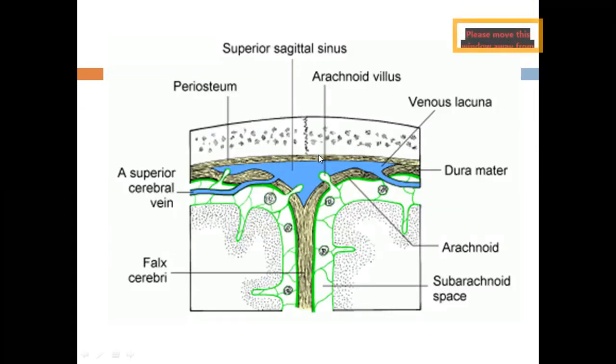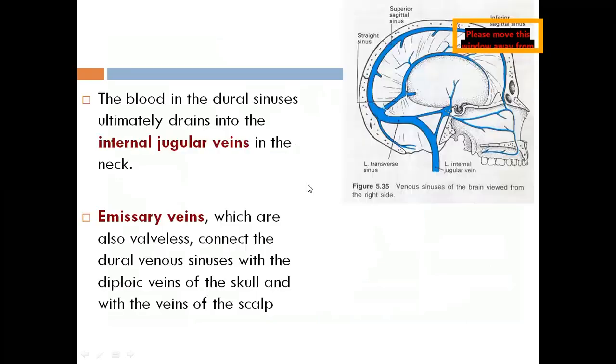Okay, so this is the periosteal layer of dura mater. This is the endosteal layer of dura mater. Between the periosteal and endosteal layer, we have a space which is enclosing the venous blood, forming various sinuses, the dural venous sinuses. All blood from different dural venous sinuses, whether they are paired or unpaired, ultimately the venous blood of the brain via dural venous sinuses is draining into the internal jugular vein in the neck. We have seen the internal jugular vein as one of the contents of the carotid sheath, isn't it?